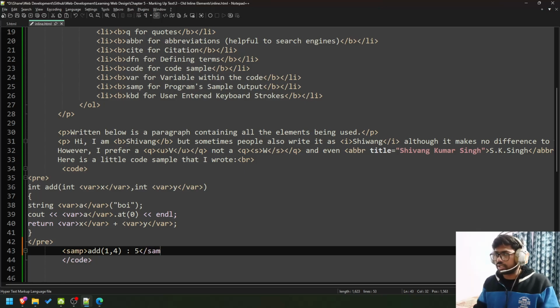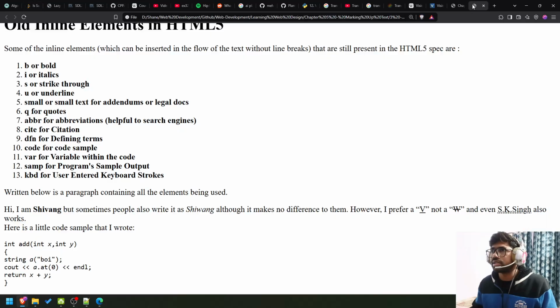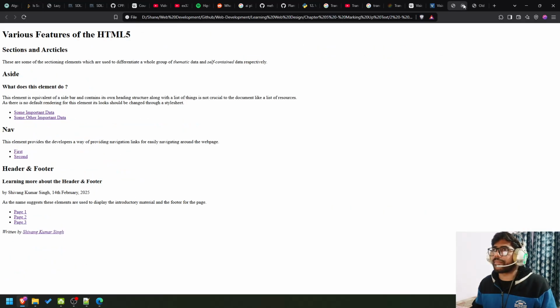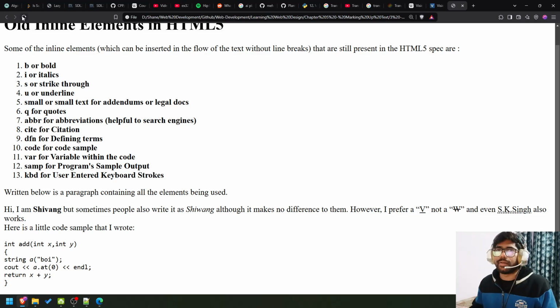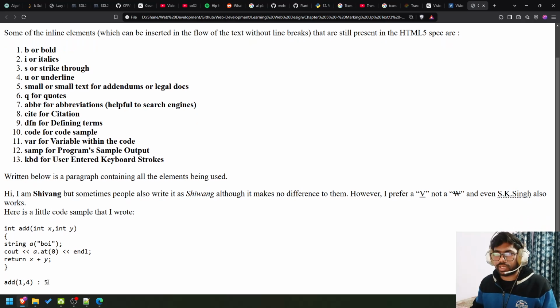Now I don't know how to render this. Add, okay, program sample. It didn't change much, but yeah. So